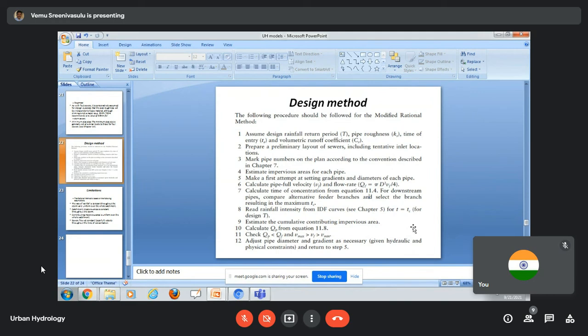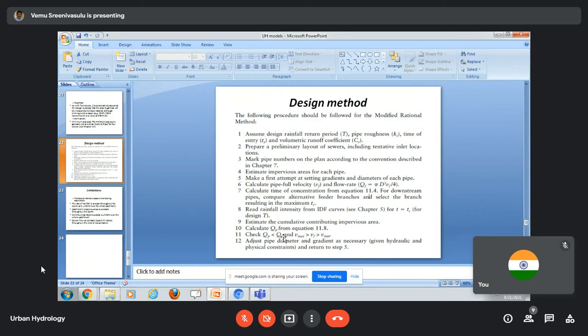So once you calculate the V, and you know the diameter of the pipe, you can calculate the cross section of the pipe, that is A. So A into V is equal to Q. So what we did so far, this pipe can carry this much amount of water maximum. So that is what? QF. That is what QF is. Understood?